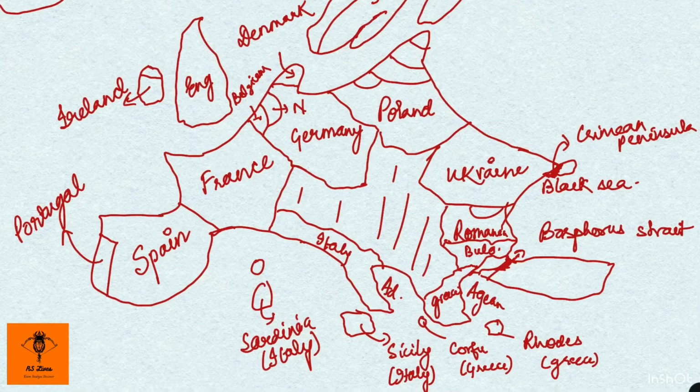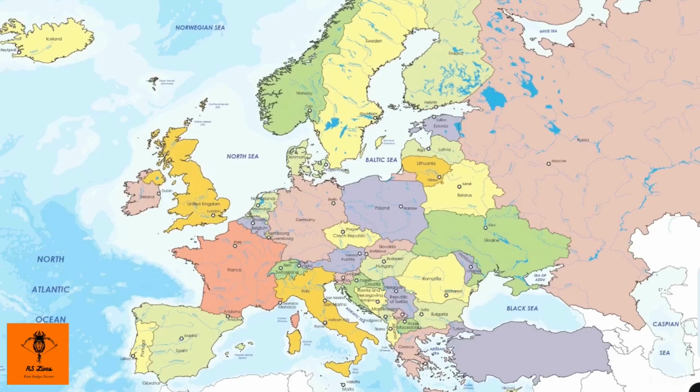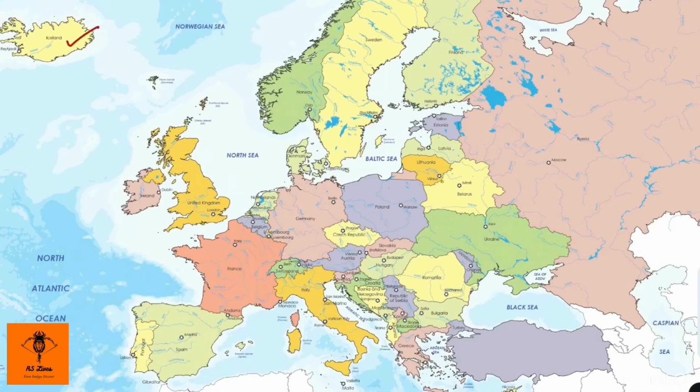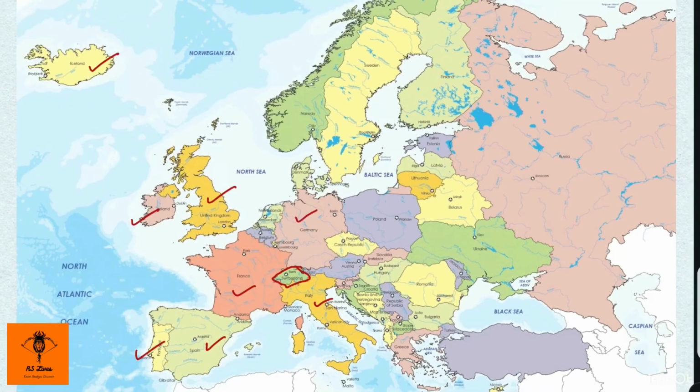Let's move on to the original map where I can show you these countries and the surrounding water bodies in more detail. So we have an original map over here. Let's start with Iceland, of course, then Ireland, United Kingdom. We have Portugal, Spain, France, Italy. So here we have Switzerland. Very important. You must have heard about it. It's very famous from tourist point of view, as well as it is a strategic country as well. We have Germany. We have Belgium, Netherlands, Denmark, Norway, Sweden, Finland.